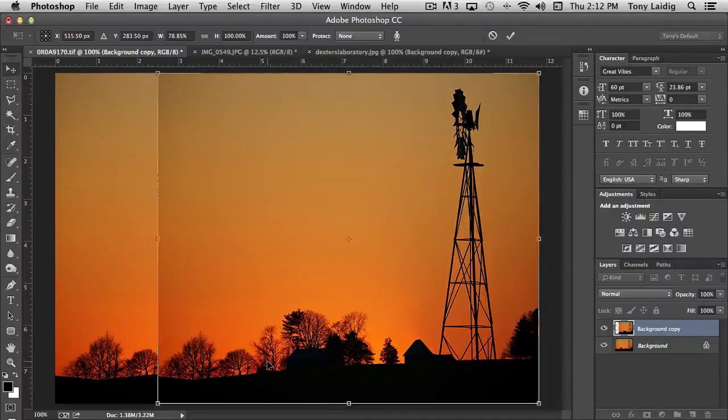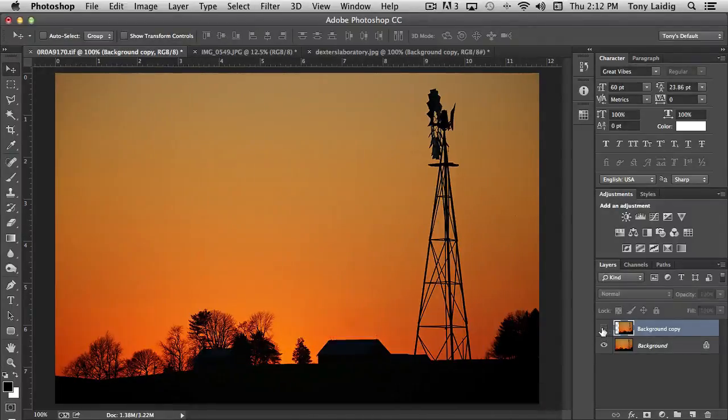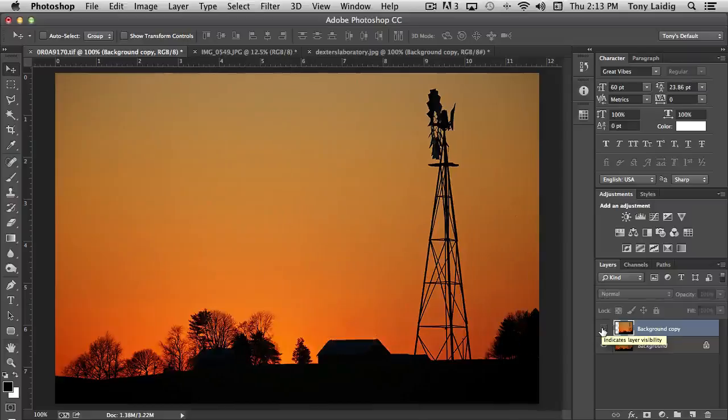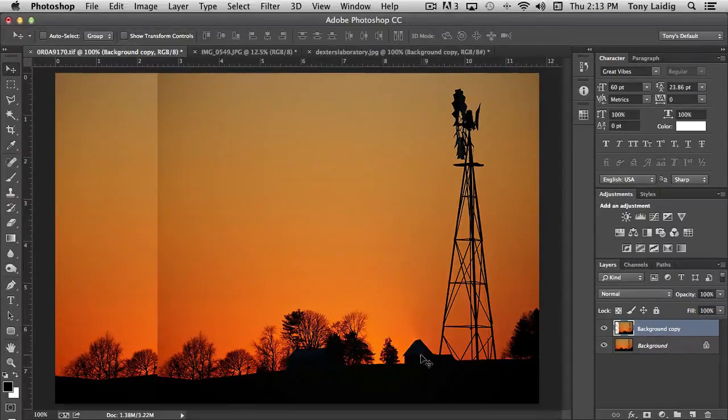So if I hit enter to apply this and we compare it to the original, you'll notice that the windmill is nearly 100% intact. It's still a very attractive image. It's just that it reduced the size of the barn and the size of the trees, primarily over here on the right. Now there's a tiny little bit of artifacting right here at the top of the barn, but that could be easily smoothed out using the clone stamp or even a blur tool. So it's a very powerful tool. It's somewhat specialized. It really depends on the type of images that you're scaling. In other words, you likely wouldn't want to use it on people, but landscapes, architecture even, those types of photographs,